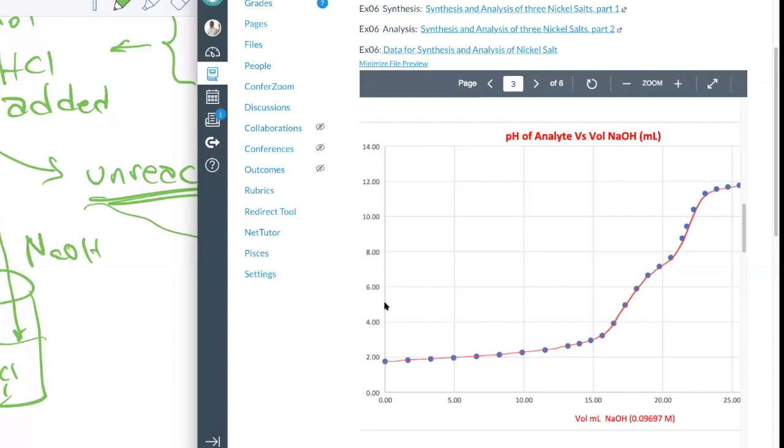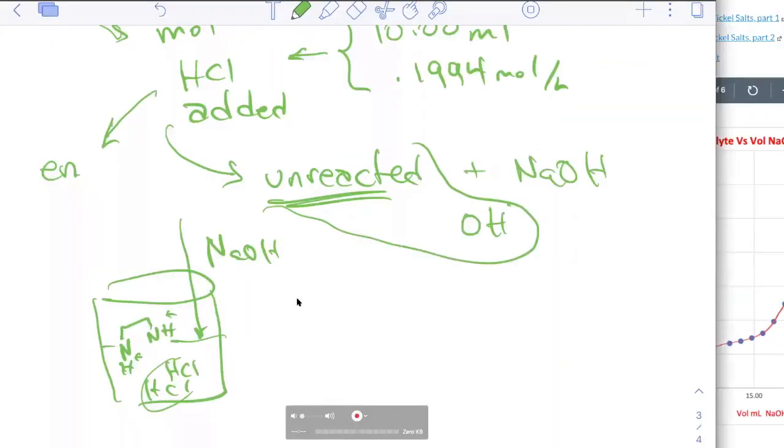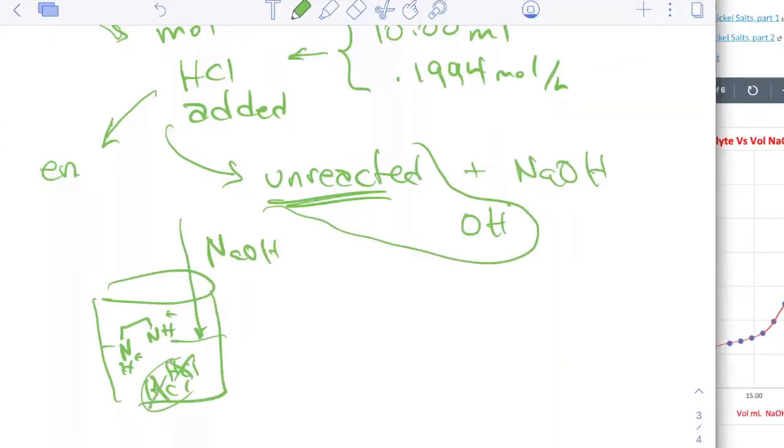Hopefully you saw that in the movie. At least I videotaped that. So this is the titration right here. You follow my mouse. The reason why you have this second inflection point is because now, let me go back to my iPad. All the hydrochloric acid has been neutralized. In lab, you would just stop there. You would stop where the solution turns pink and then record that volume. In this data set, I actually went past the equivalence point for that first, because I wanted to show you that when you add sodium hydroxide